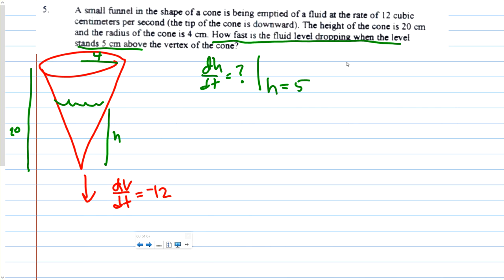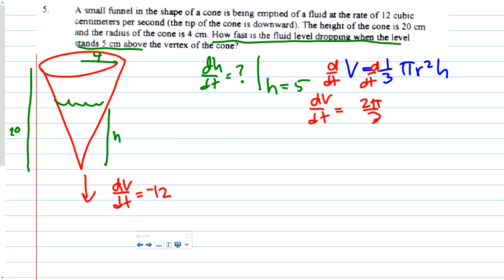What's my formula? What is the formula for a cone? 1/3 of the cylinder. And so what you want is dV/dt, so you have to take the derivative of both sides. When I take the derivative of the left, you get dV/dt. When you take the derivative of the right, do you see you get 2 pi over 3 r dr/dt